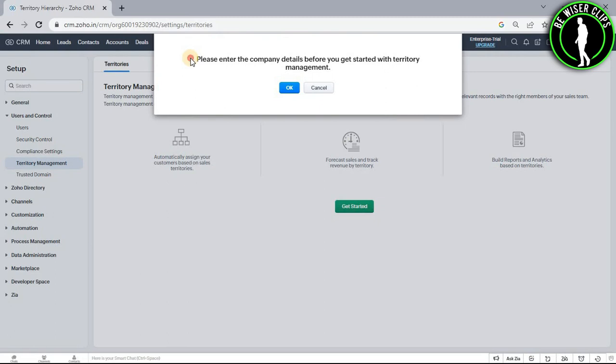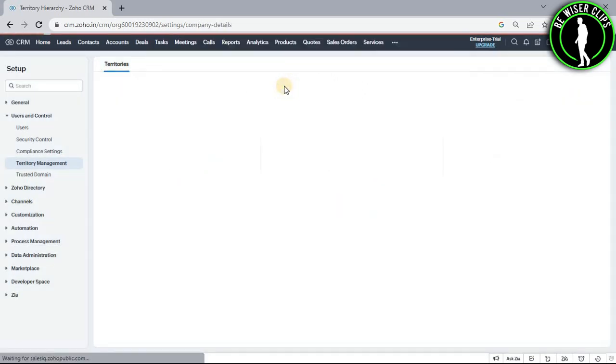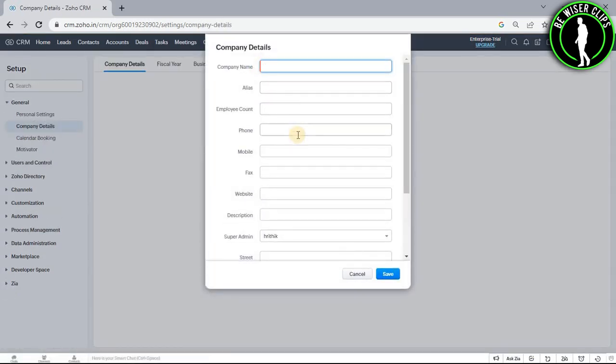So as you can see guys, a message has been popped up and it says that before starting territory management, we'll need to give them company details. So if you have already submitted your company details, then you can start making your territory management directly. And if you haven't, then you will need to click on this button right here called OK. And now after filling all of your company details right here, you'll need to select this save button, and after